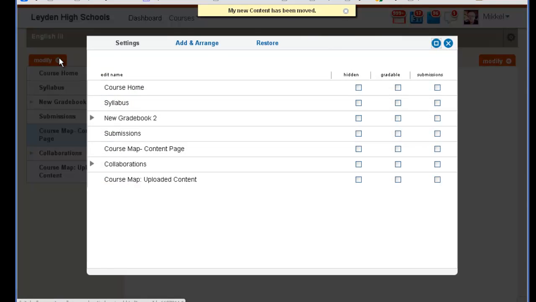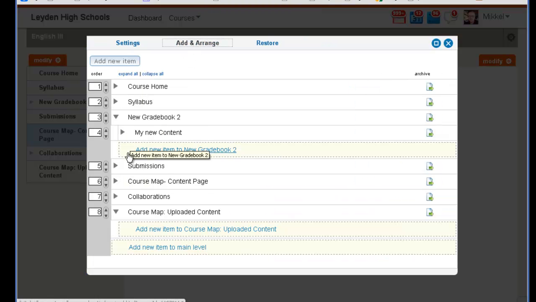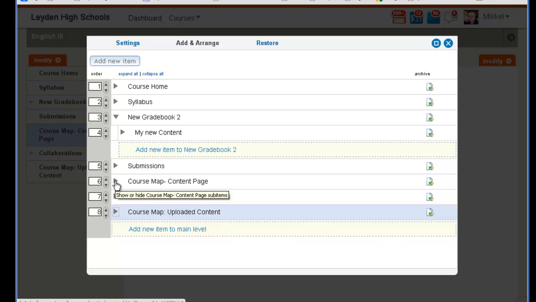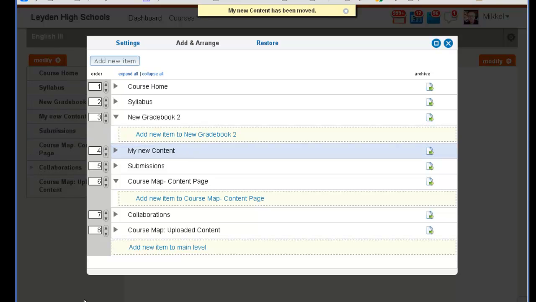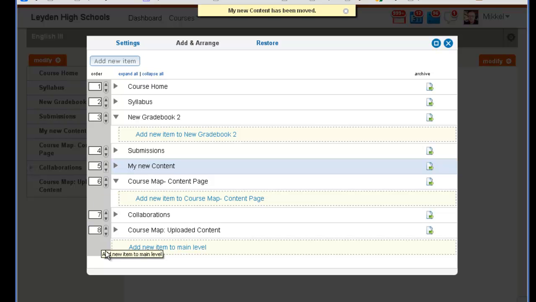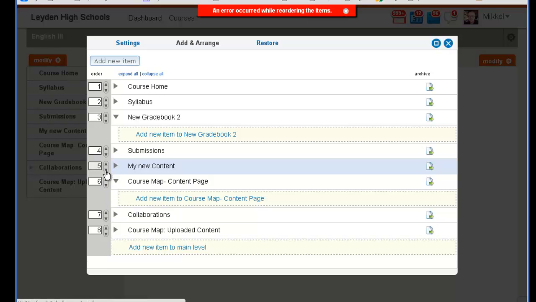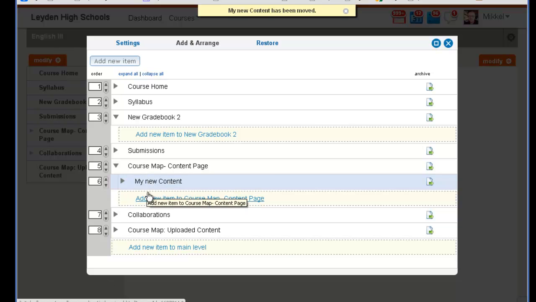What you have to do, again, when you're in the Add and Arrange area, if you want it in another folder, you have to open up that course page. So let's say I want it underneath course map. I'm going to try to move it again. So move down above or beneath submissions. And I got an error. If you get that, just try it again. And now it moved it into the course map content page. So I think the easiest thing to do is to use these arrow keys,